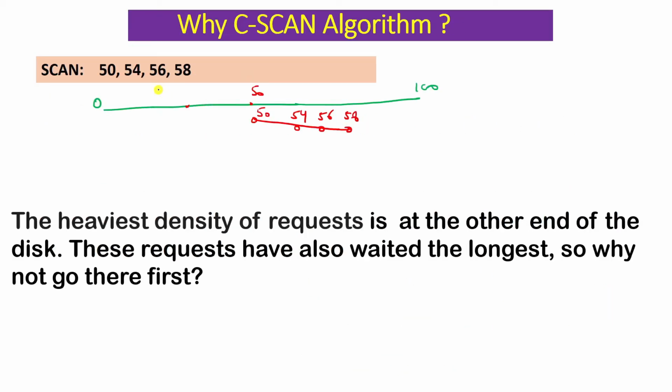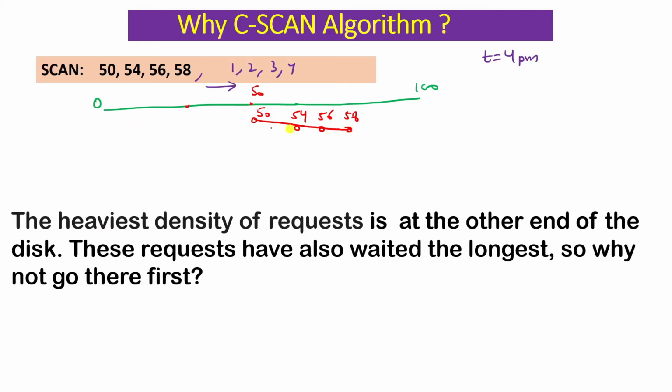So basically, let me tell you with another example. Let's say we have these requests 50, 54, 56, 58, and we are moving in this direction. So we basically completed 50, 54, 56, 58. Now let's say when we were completing these requests, we were at the 58 request, at, let's say, t equal to 4 p.m. So at t equal to 4 p.m., some more requests joined here. These were like 1, 2, 3, 4, and they will be lying here.